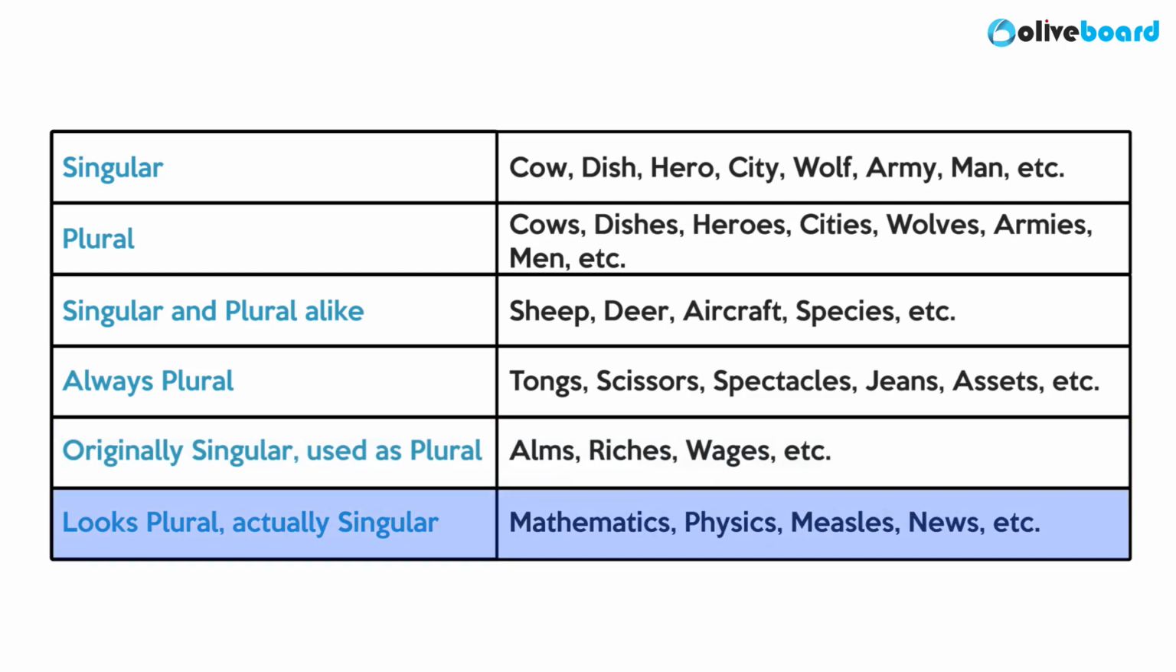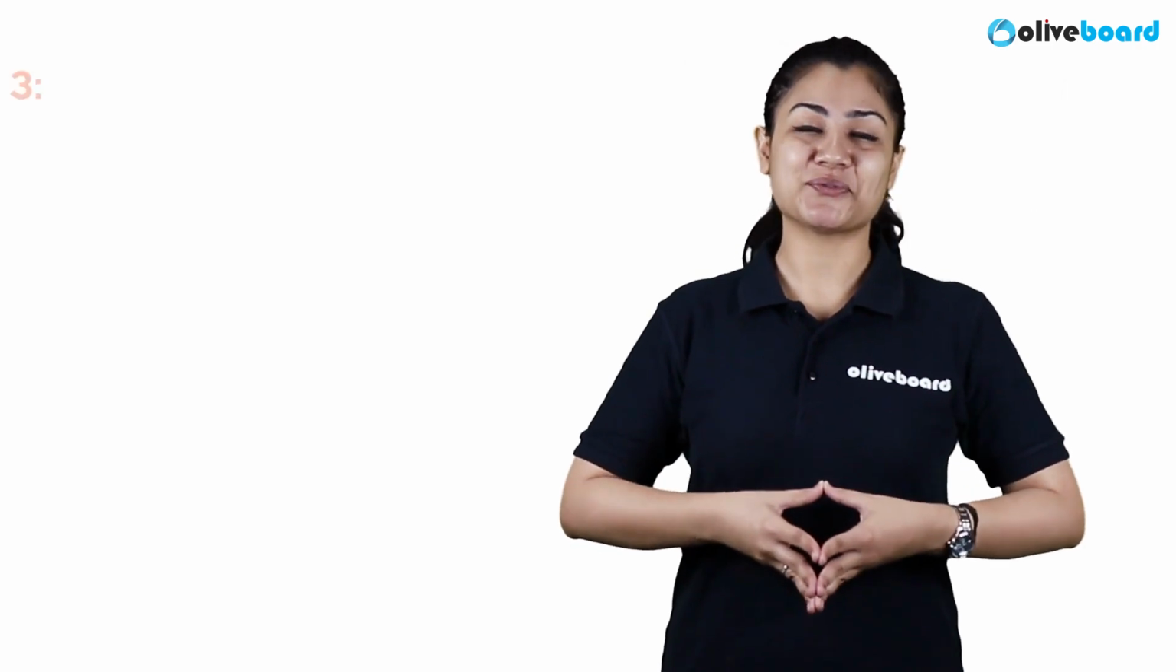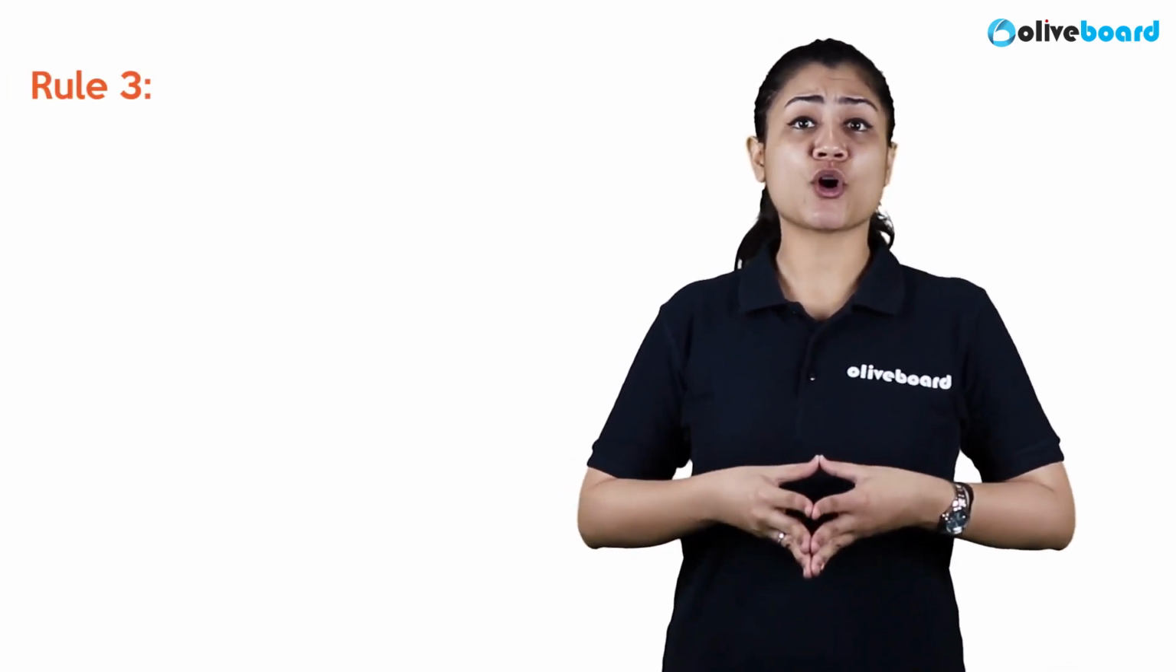जैसे कि subjects, mathematics, physics, names of certain diseases like measles, mumps or news. In these words के end में we find an S, but that does not mean that they are plural. They are actually singular. This classification takes us to our last rule related to nouns, which talks about the fact